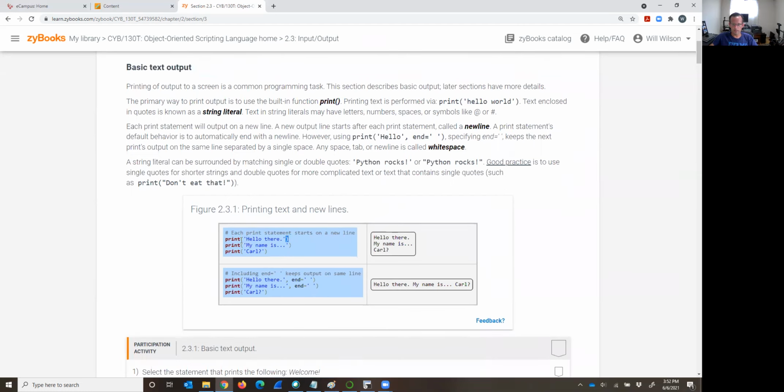So here, print, and then open quote, what do I want to print? Close quote. Everything in here, inside the quotes, is a string literal. Further down, we're going to start introducing variables. If you have a variable, you do not put the variable in quotes. That's another common issue I see a lot of students have. They get confused, and they'll do things like,